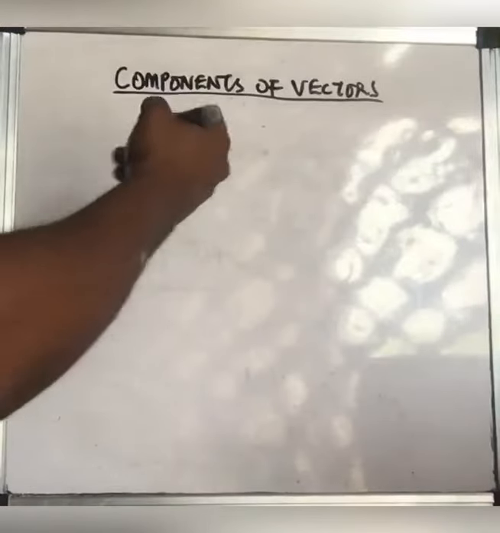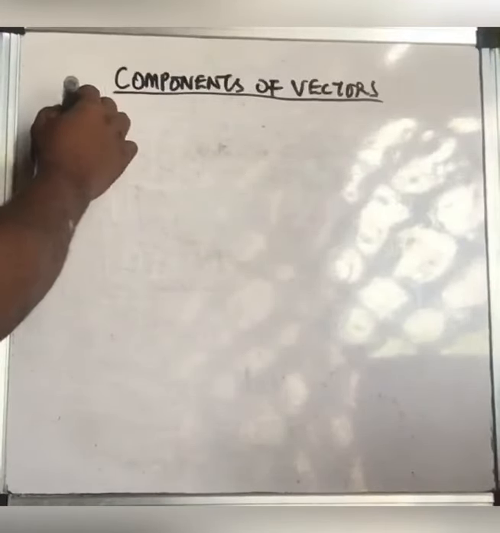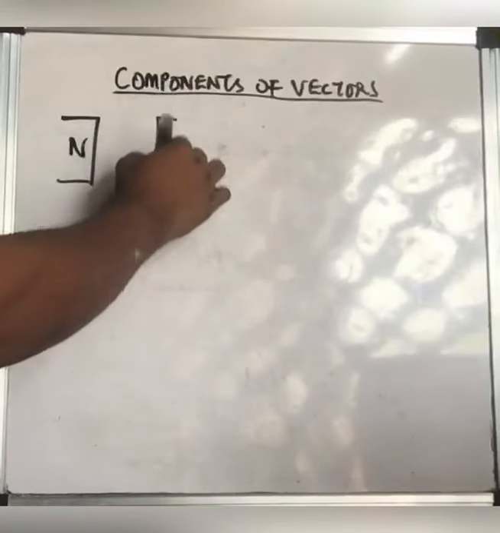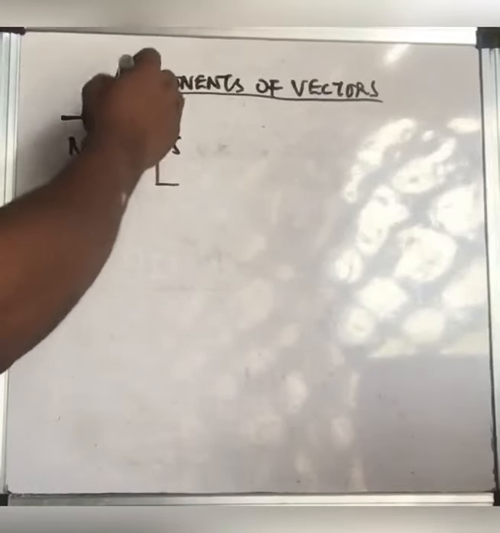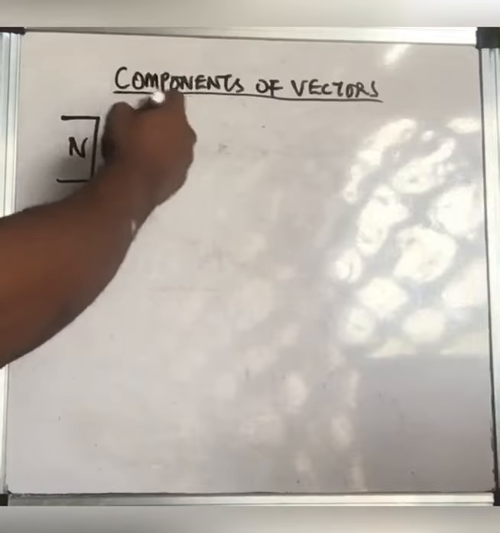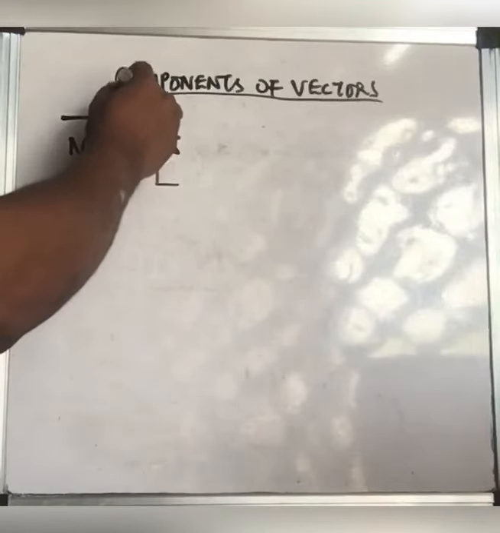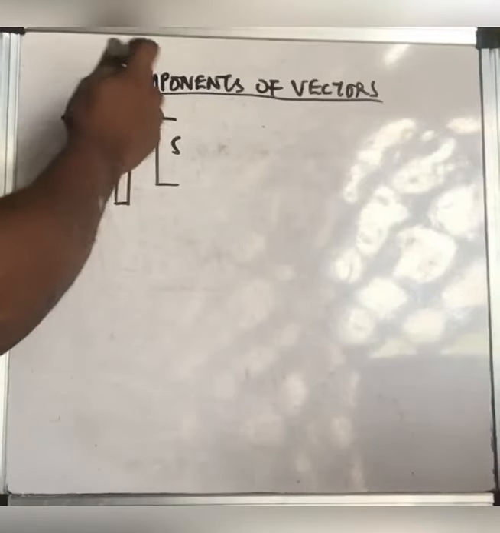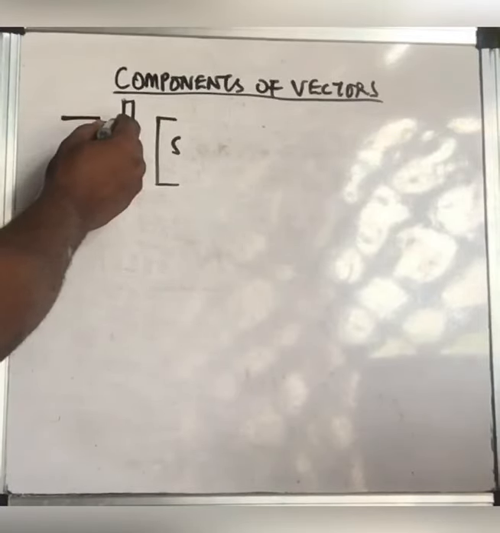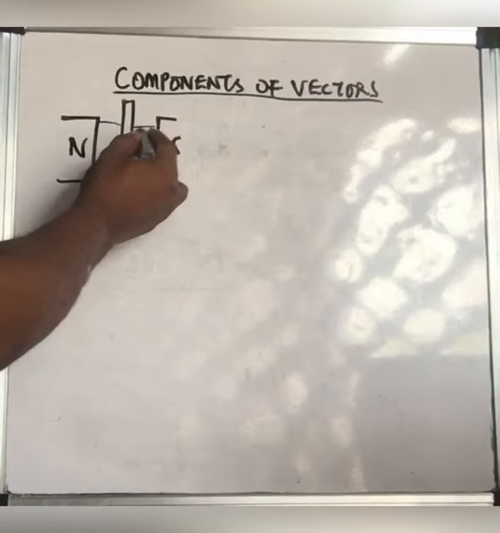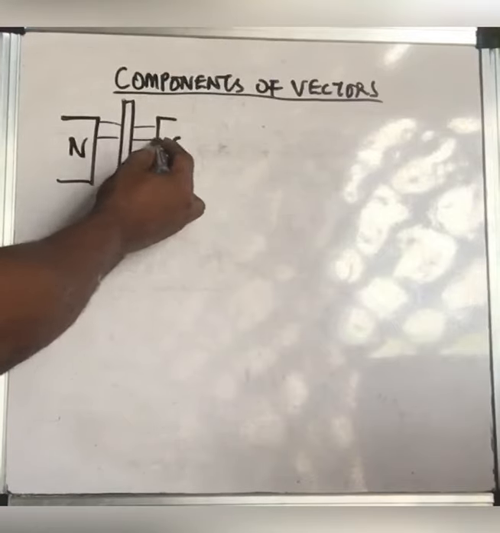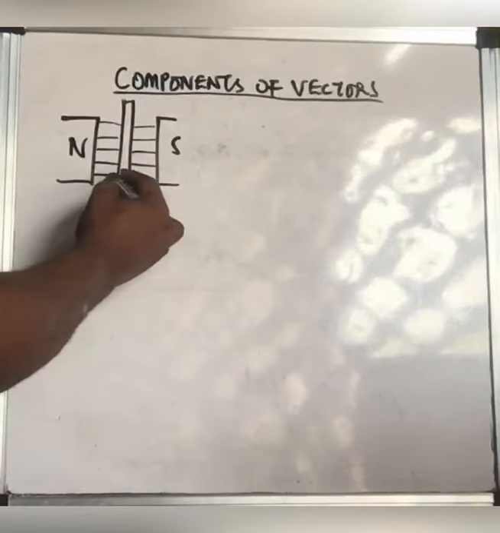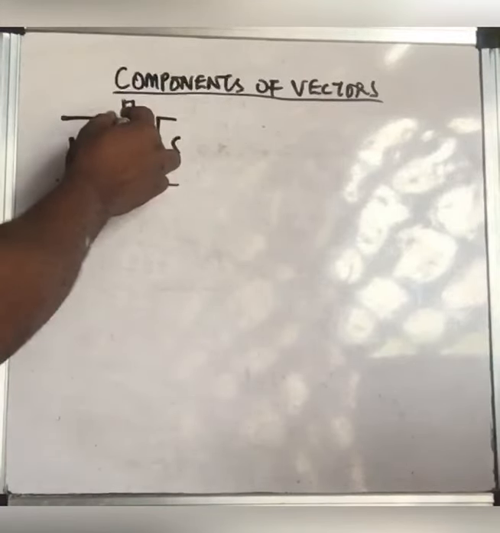Another application of components of vectors in physics is in electromagnetism. Electromagnetism exists when a conductor is in a magnetic field and it cuts across the magnetic field lines, which is the magnetic flux. So the magnetic field lines are also known as the magnetic flux. And from Faraday's law of